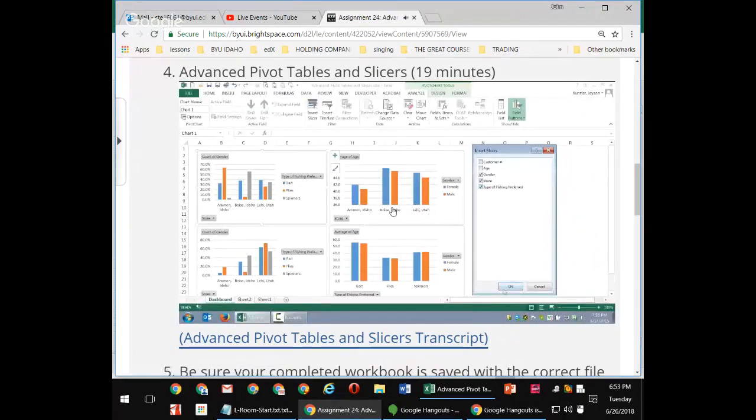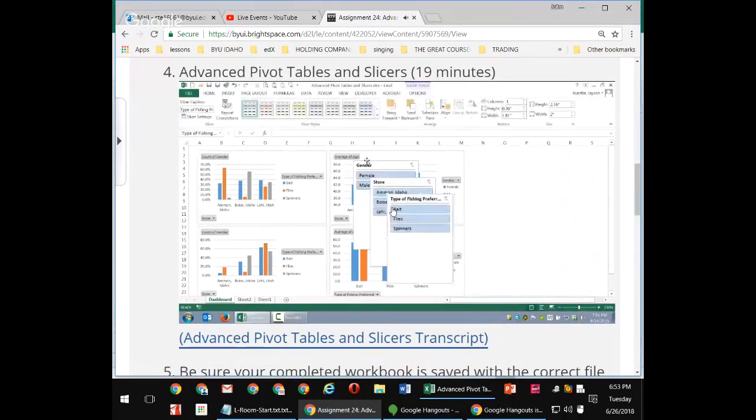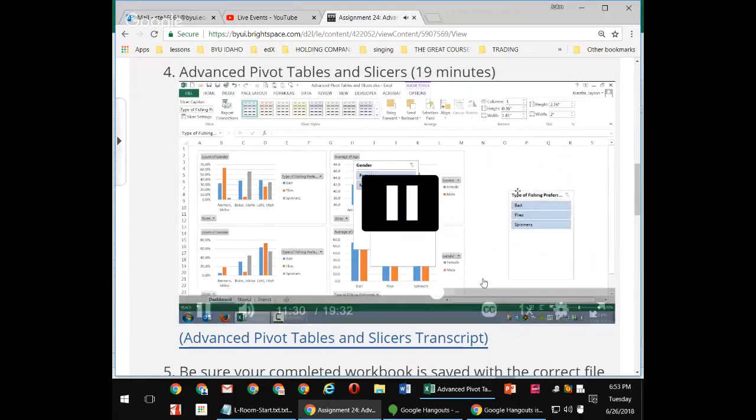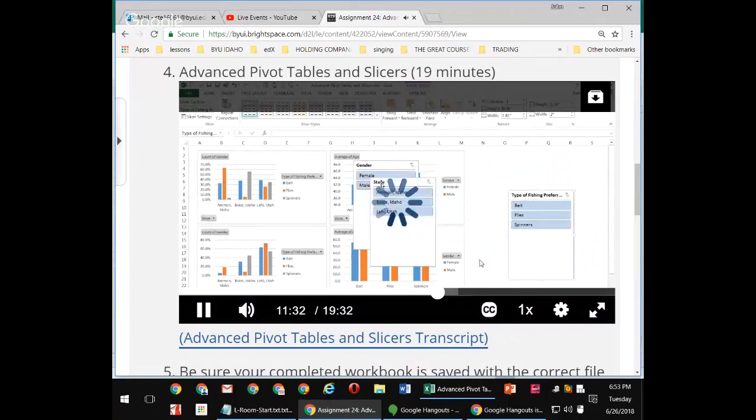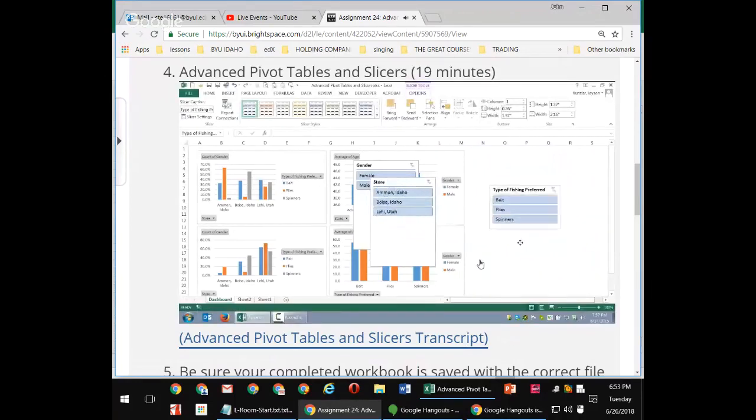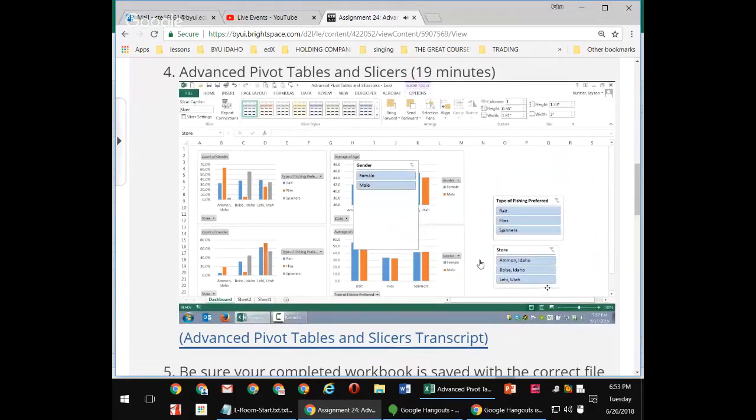3 boxes, each of which is a slicer. So we have type of fishing preferred. There we go. Make it a little bit wide. Actually, I'll move down to that one down here,